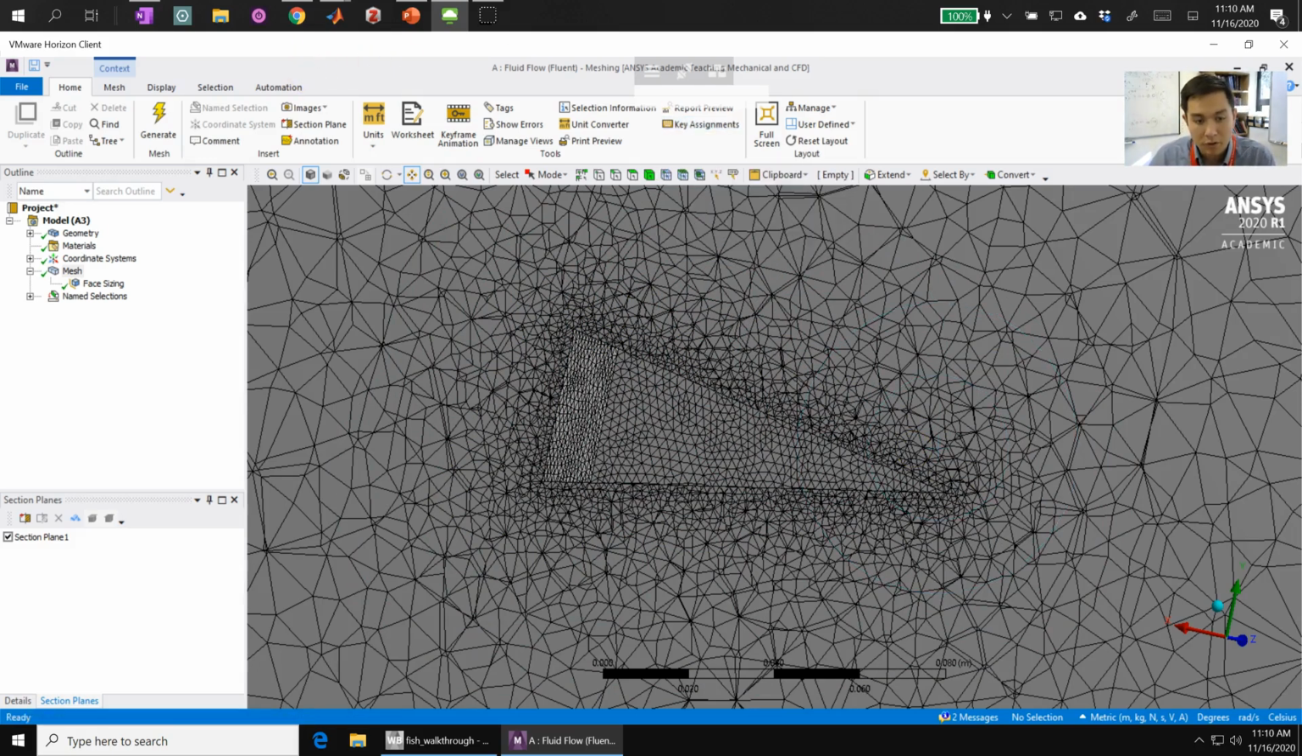Okay, so that's all we have for the mesh. The next video will walk us through the development of the model itself and then looking into how we can change the